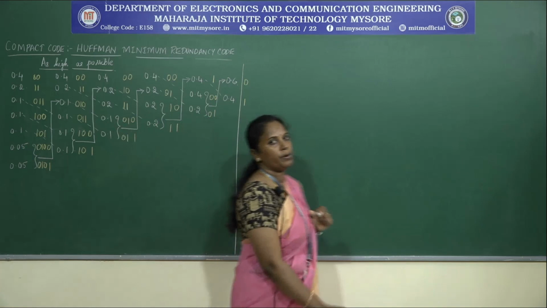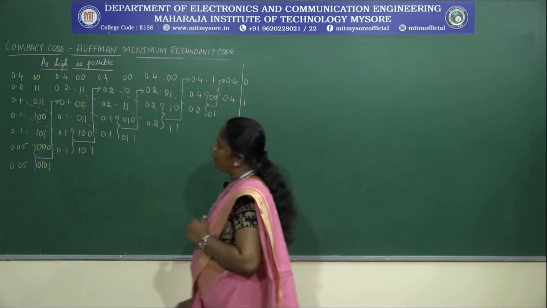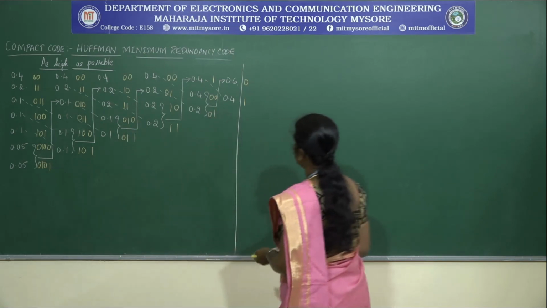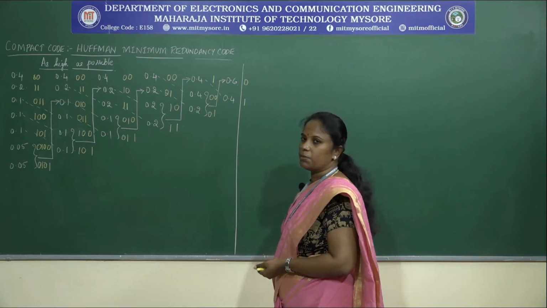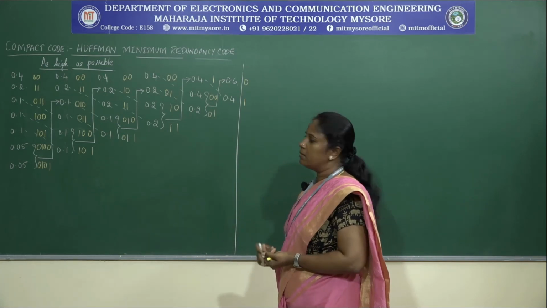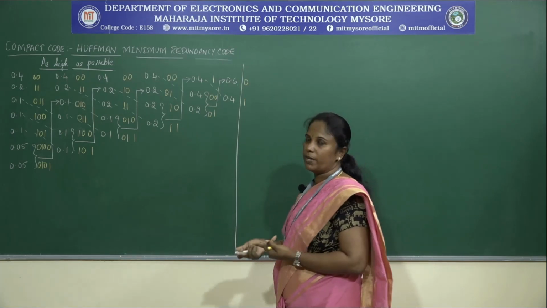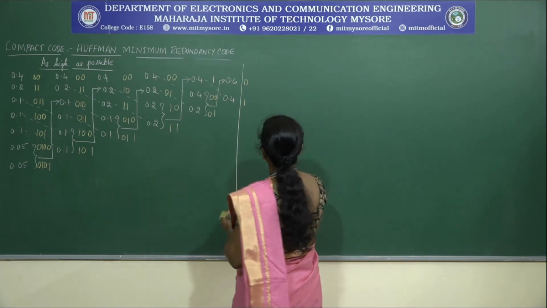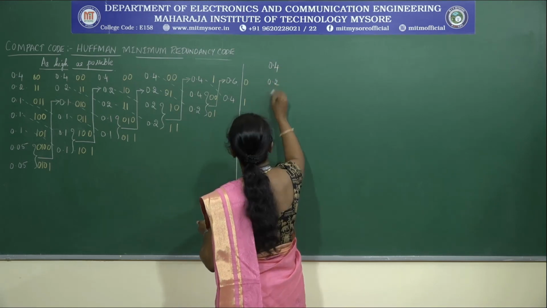So this is how we will be performing the coding. It is compact coding, for the condition as high as possible. The rest of the things you need to find will be the same, that means to calculate L, then H of S, and the efficiency as well as variance. Now let us look into the condition for as low as possible for the same probability.